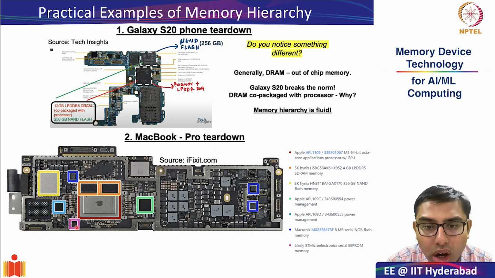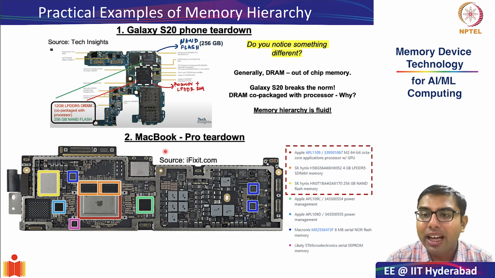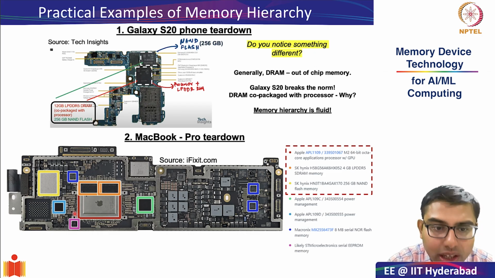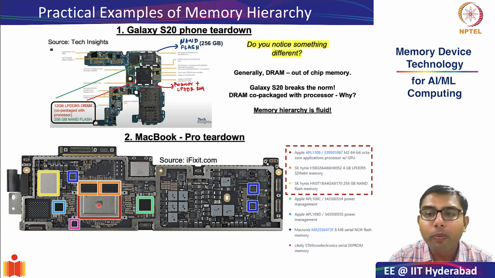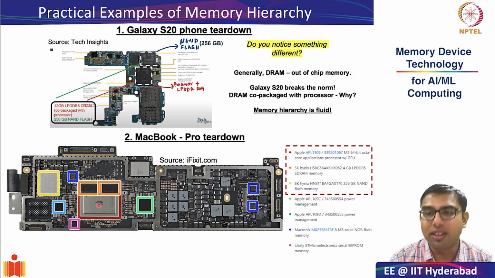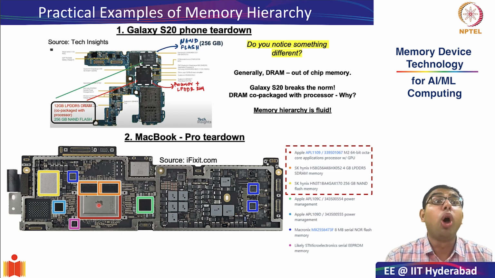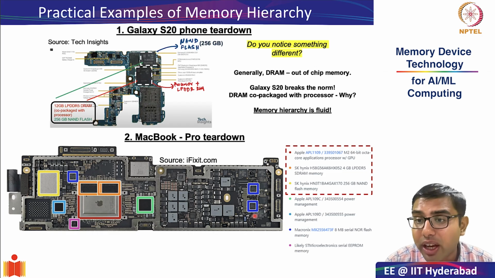So since there are a lot of chips in the motherboard of MacBook Pro, let me draw your attention to the ones of specifically our interest. So the first thing is marked in red outline. As you can see, it has the Apple logo, and this essentially consists of your M2 processor. As you know, earlier Apple was using Intel's processors. Now they have come up with their own processor. The first generation was M1. Now we have the M2 processor.